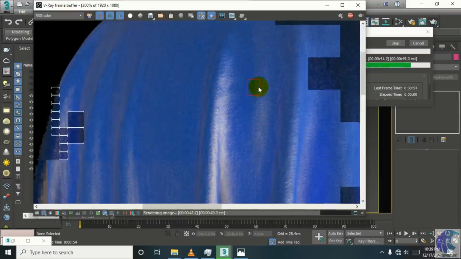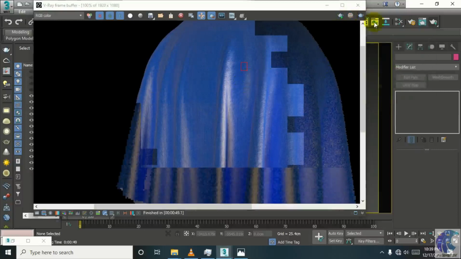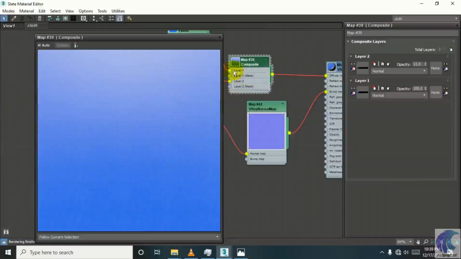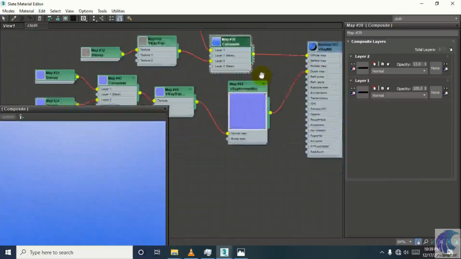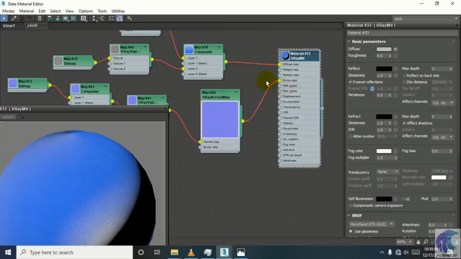And now I told you that I will use a reflection map and reflection in this. So in the material, we will use this.